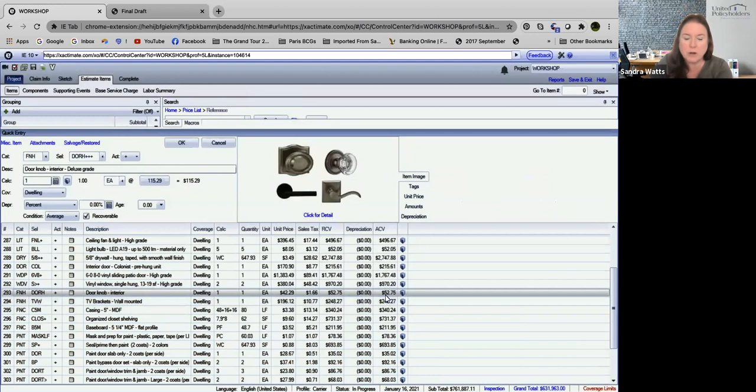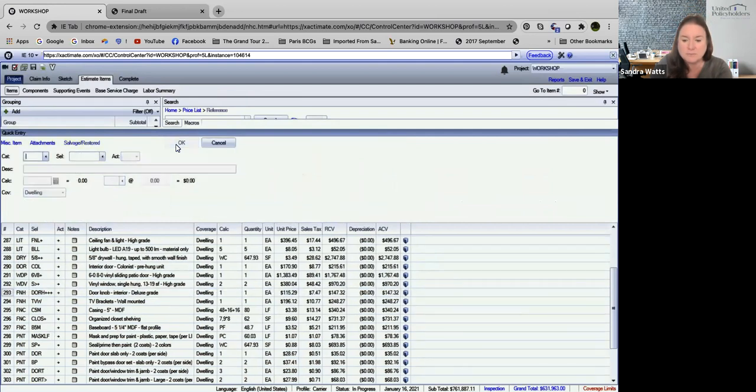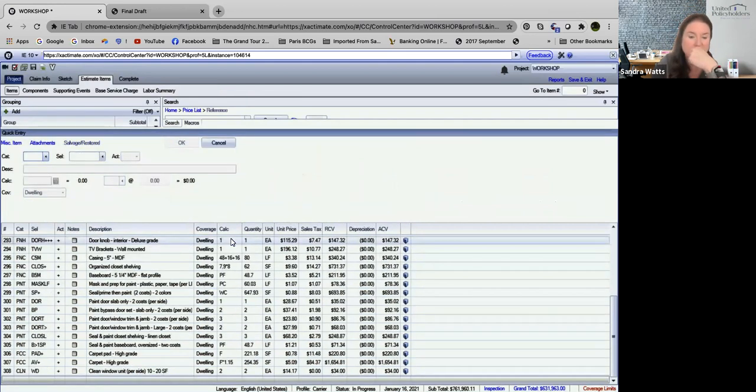When you add the overhead and profit, it's $52. But if you change it to a deluxe grade, it brings it up to $115. And it changes everything. Okay. So this is why even things like doorknobs are important. Okay. The same thing goes, and I wanted to show you,